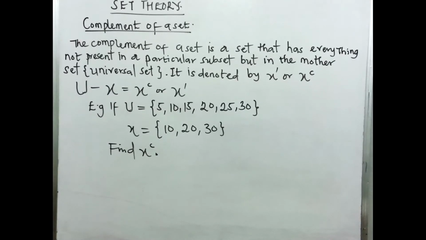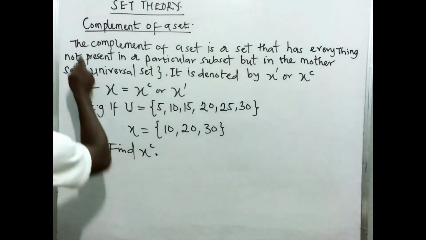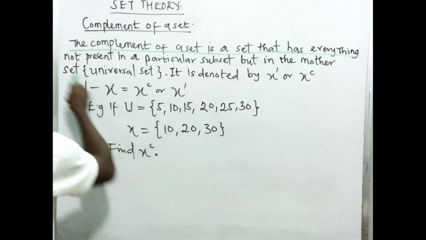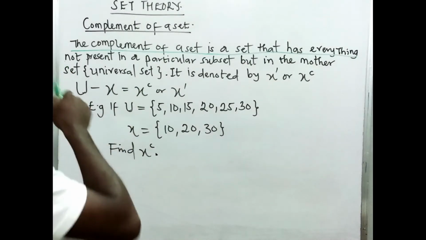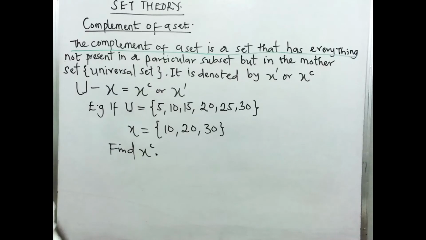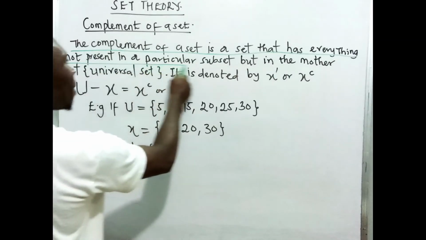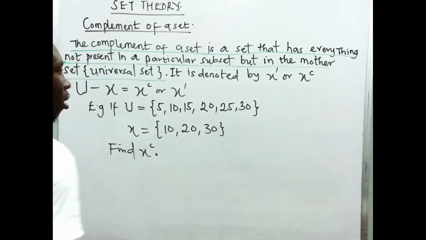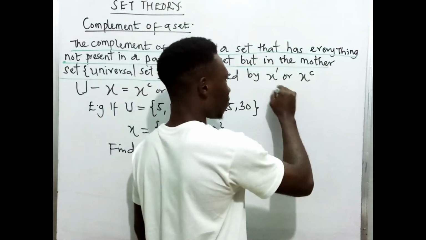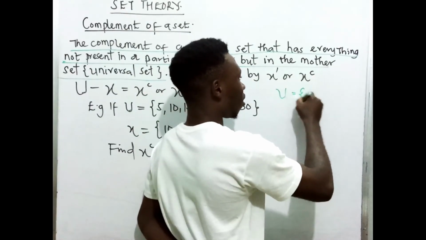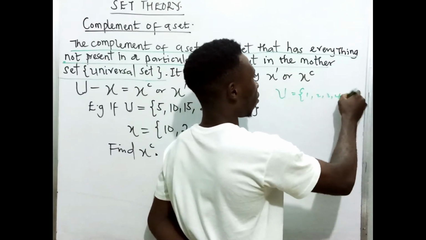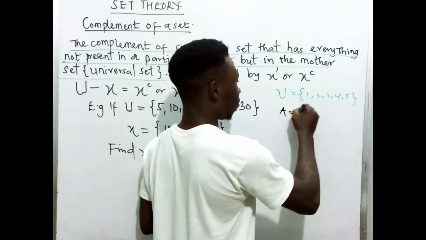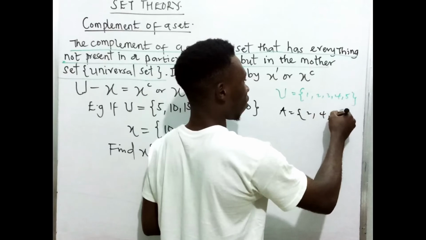Complement of a set. Now, please note, the complement of a set is a set that has everything not present in a particular subset, but in the universal set or the mother set. Now, let me take a quick example. If my universal set is 1, 2, 3, 4, 5, and I have a set A which is 2, 4,